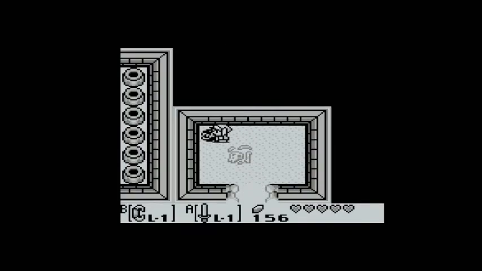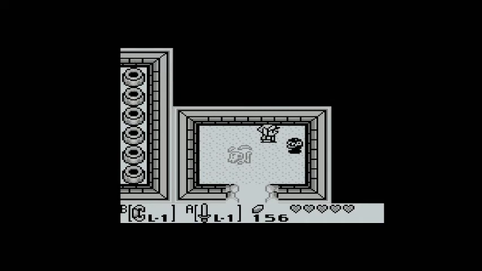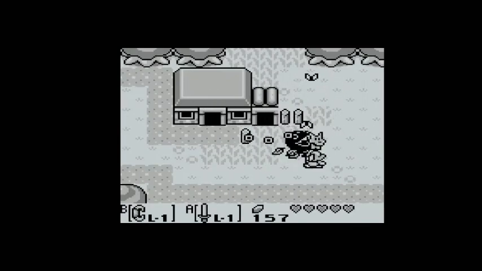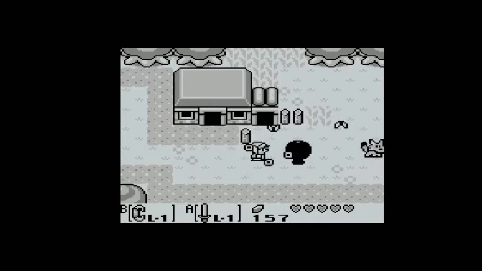Oh, she has like another little miniature pet in here too. Makeup, jewels, dresses, I want it all. Oh, so this is like a girl puppy, I guess. But yeah, I think that has to do with another side quest, like trading side quests of some sort. I don't remember what was the...